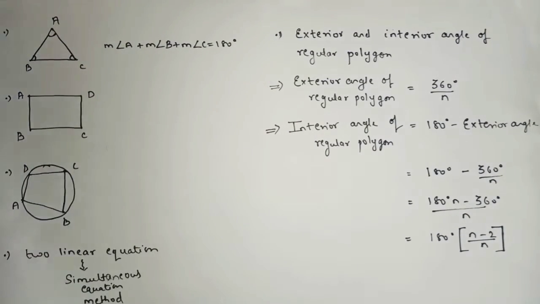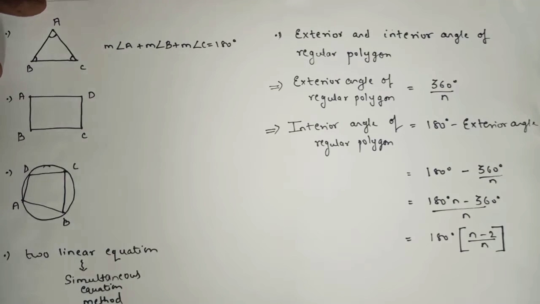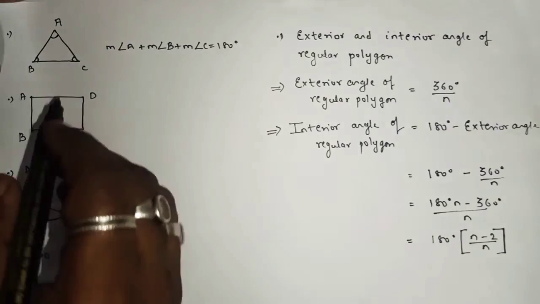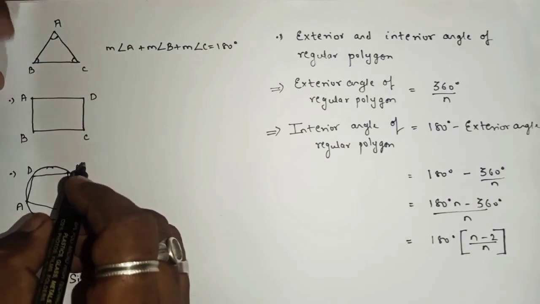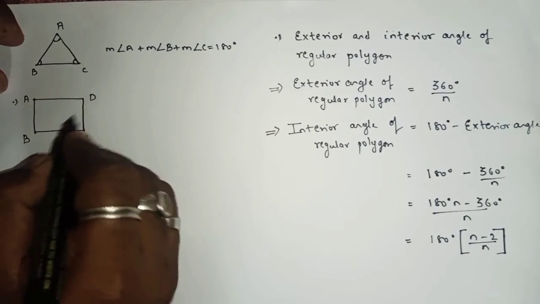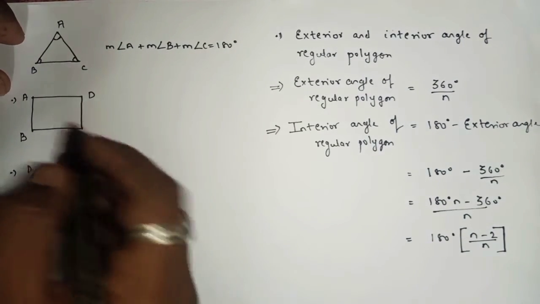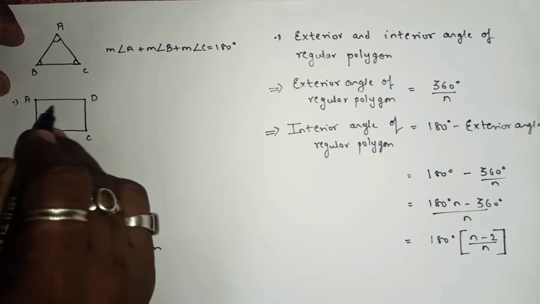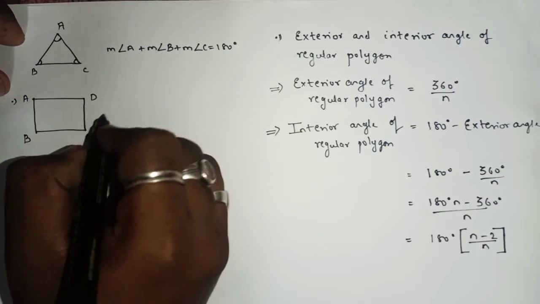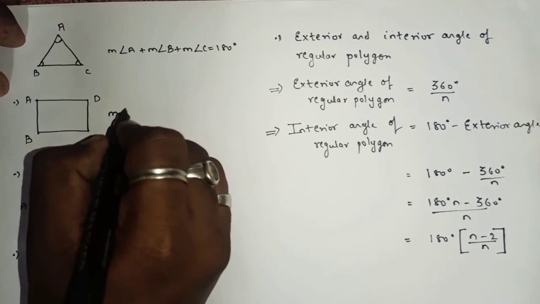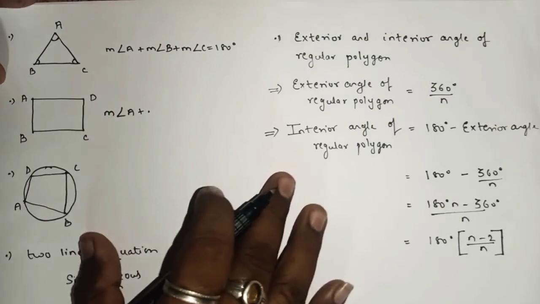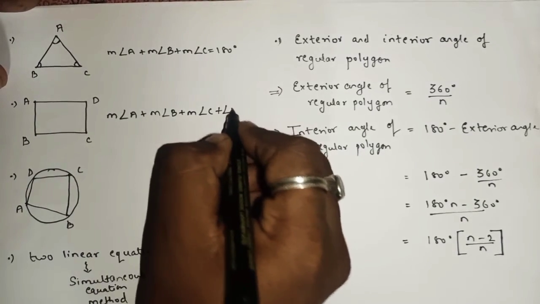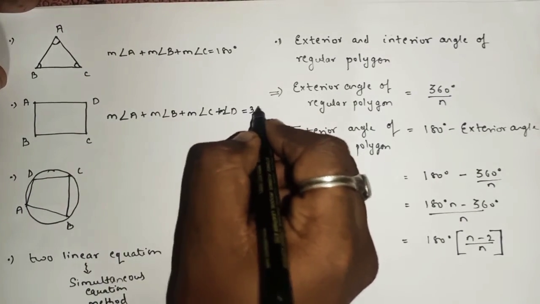Suppose the triangle is replaced by the word quadrilateral, whether the quadrilateral is a square or rectangle. Quadrilateral means having four sides. And there also, if they say that you have to find the angles of the quadrilateral, again you will apply the property: the sum of the measure of the interior angles of the quadrilateral is 360. So using this property you will be able to find the answer, angle A plus B plus C plus D equals 360.